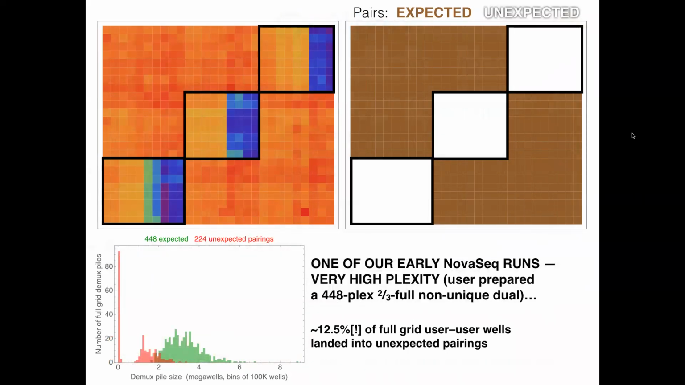Okay, so we ended up last time with index hopping, and I forgot to include the example lane that we did very early on in the NovaSeq, the lane that really convinced us this was seriously a problem. This was a 448 plex, a very large number of samples, in a two-thirds full non-unique dual, with the pattern on the right being the pattern that was expected. The white means no sample expected, and the brown means sample expected. But when you look at the actual results,